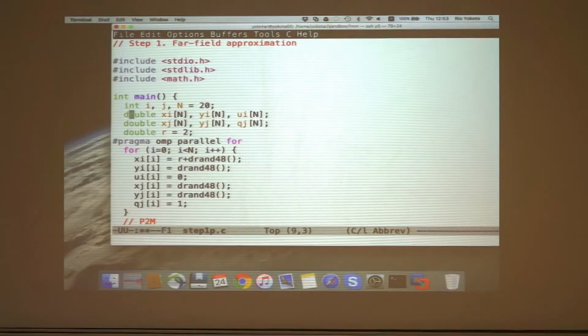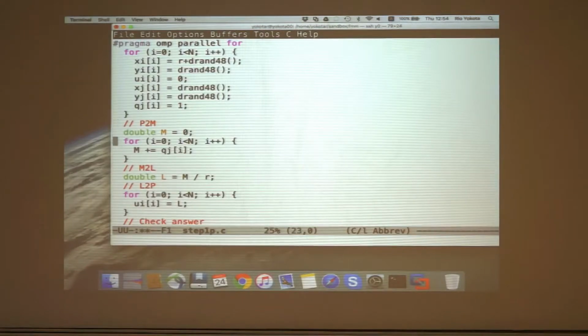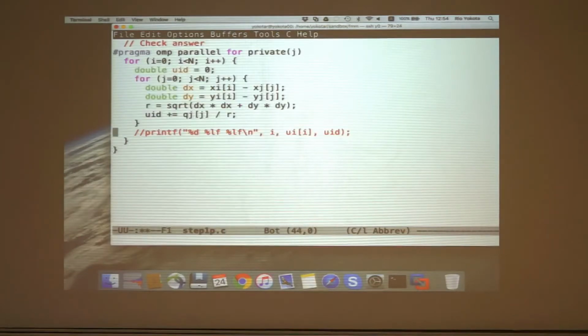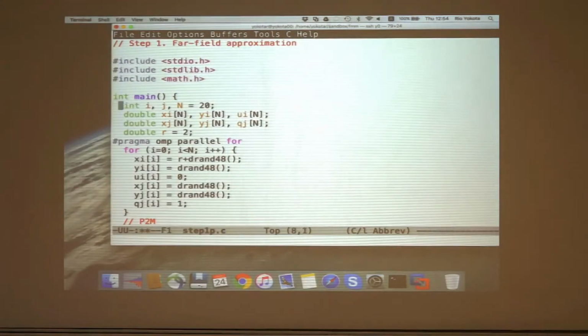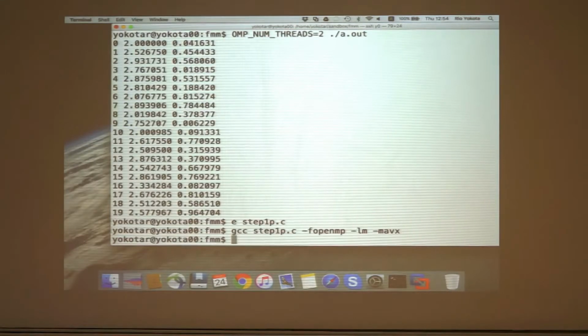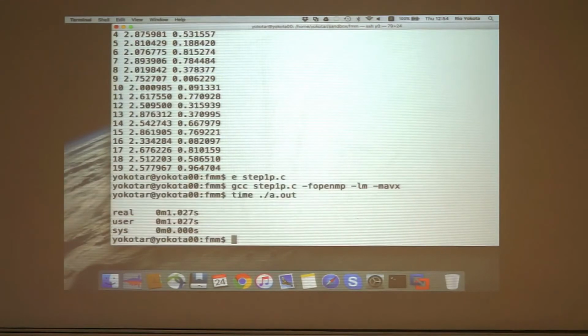So just do pragma omp parallel for here, and so all the loops I'm parallelizing with omp parallel for. And I'm going to check, so if I run for a big enough problem, then it's going to show up in the timings, the difference between these two codes. So if I do a time, it's taking 1 second. Okay, and then now if I do OMP num threads 2,